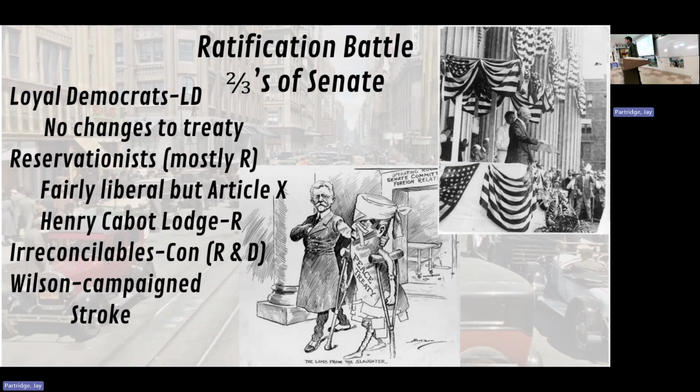Now, technically, this can't happen today, but back then it was not clear constitutionally, what do you do if the president is incapacitated? The 25th Amendment has since been ratified in 1968. And it says that if the president is incapacitated, the vice president must take over. So for example, if the president, let's say he's getting surgery and is going to be out, during that time, the vice president will take over. That's happened a number of times.